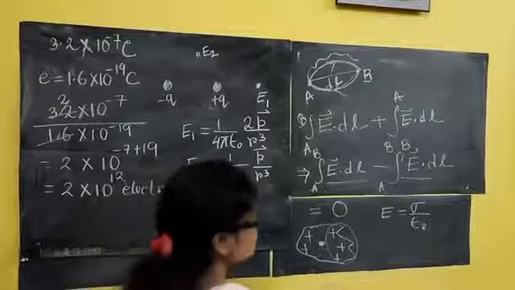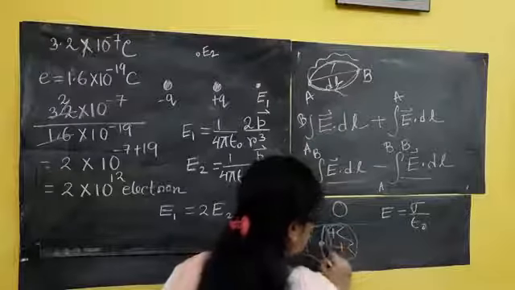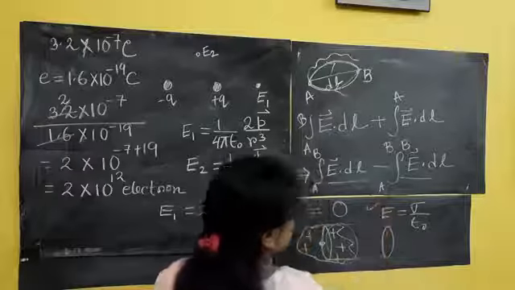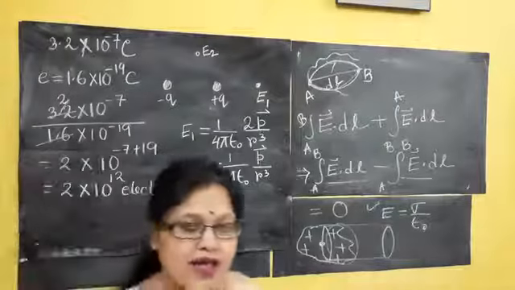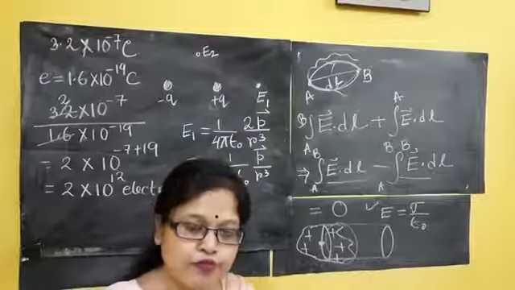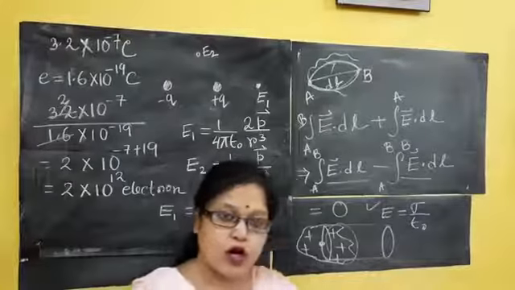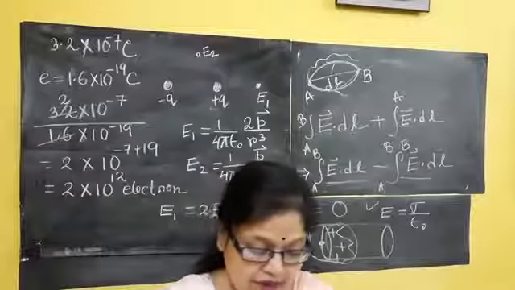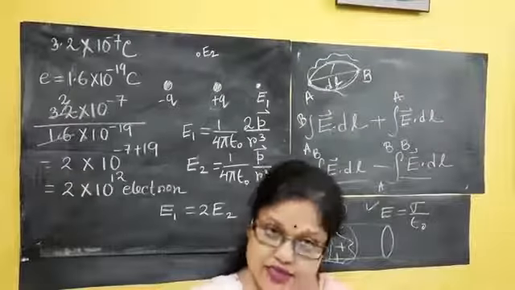So if I go for a cylindrical cross-sectional area, E dot ds gives E equal to sigma by epsilon 0. This kind of proof we had done so many times. Again, I had given it. If you can't understand, tell me in the comment section and in the introduction class I will make it clear again. The proof is given in the notes, you just go through it. We had done this kind of thing.